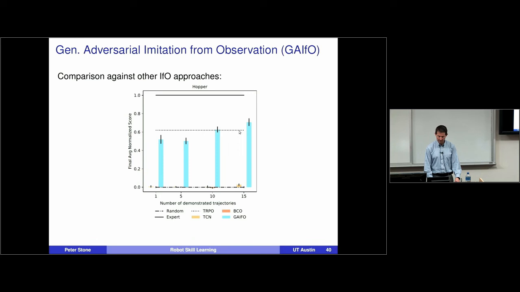Just graphically, again, 1 now is the policy by the demonstrator. The dashed line is using TRPO, a method that's also only learning from the visual state, but using trust region policy optimization. And so it's sort of the expert policy from visual pixels. And then we're able to do better than any of these other methods and do actually as well as TRPO with only seeing the state transitions as our input.